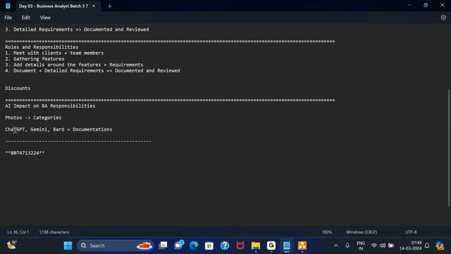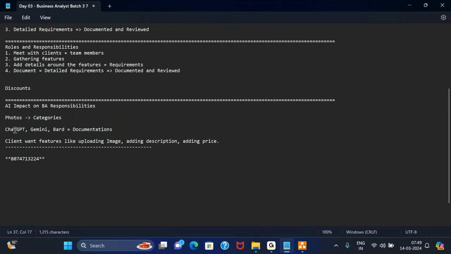Suppose you want to write a statement like: client wants features like uploading image, adding description, and adding price.